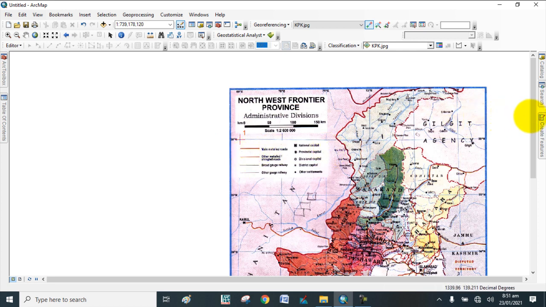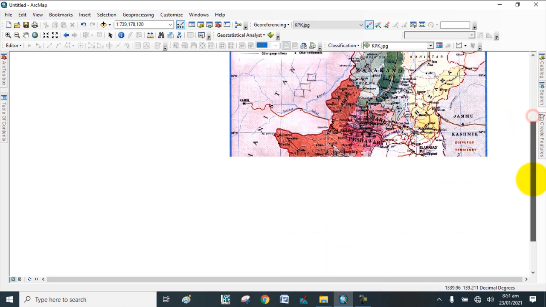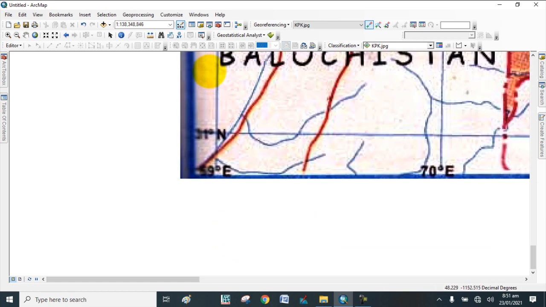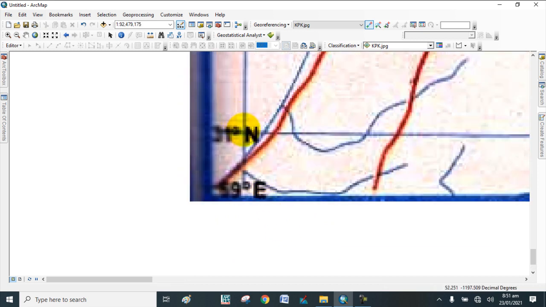Now by the same process we add another control point to the map. This is the intersection point of latitudinal and longitudinal line. So add another point here.